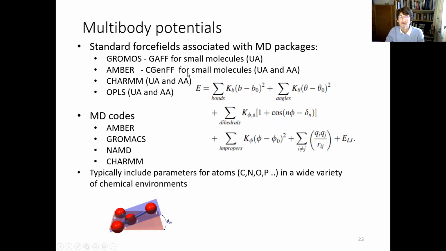So you can see GROMOS uses united atoms. Some force fields do, but you can use all-atom if you prefer, if you think the hydrogen atoms are important. So it's a choice you have to make. And this is basically the same as I wrote before, where you have the general form of these types of